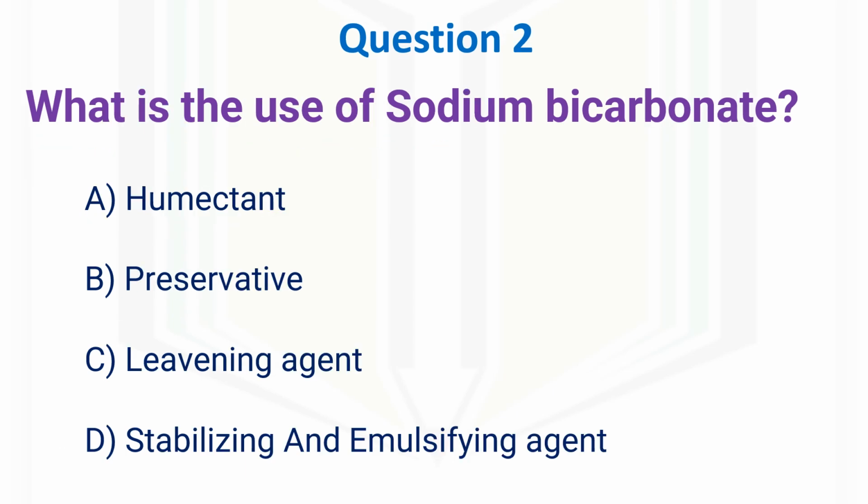Question number 2. What is the use of sodium bicarbonate: a humectant, preservative, leavening agent, or stabilizing or emulsifying agent? So the correct answer is option number C, as a leavening agent. So sodium bicarbonate, the formula of which is